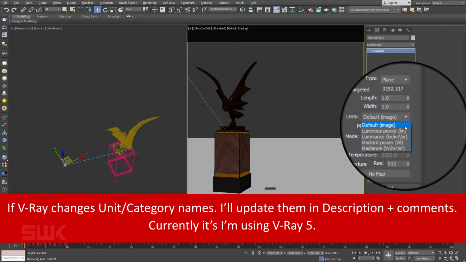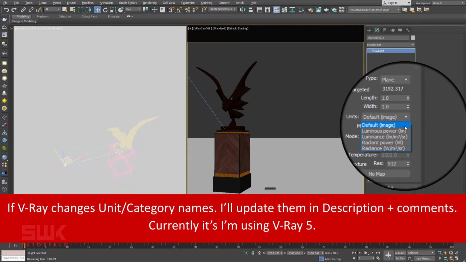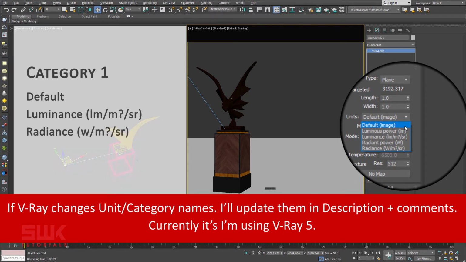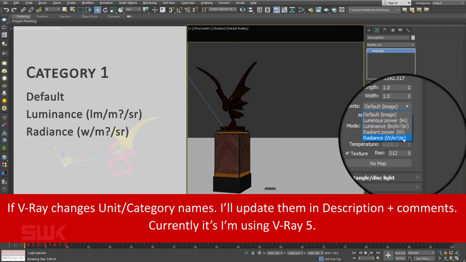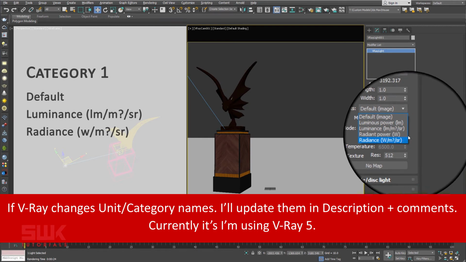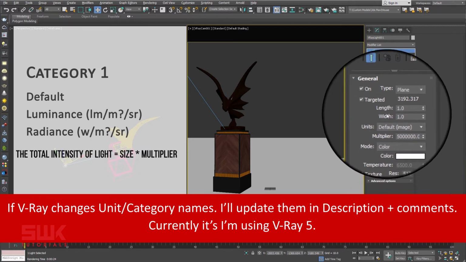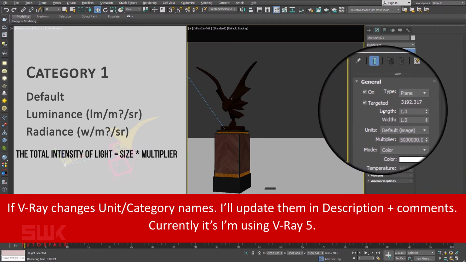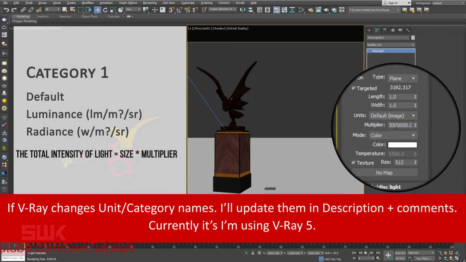But for V-Ray 5 and the previous version, we have divided it into two categories. Category 1 has default, luminance and radiant. In these unit types, the total intensity of light is equal to your size multiplied by your multiplier.